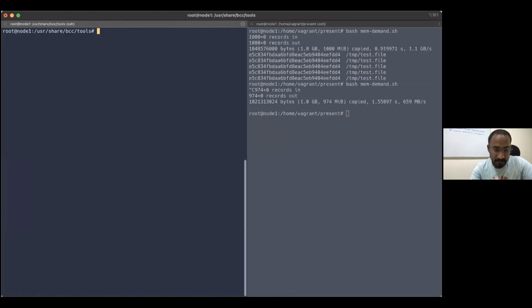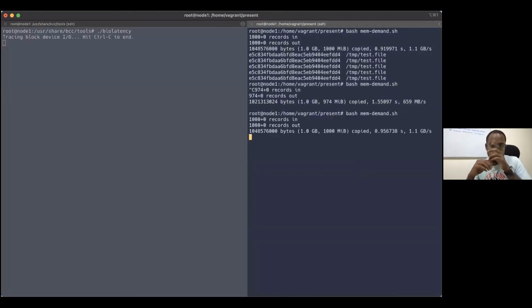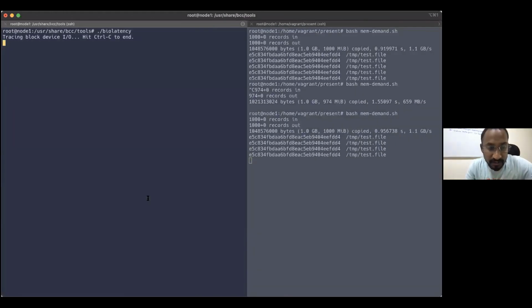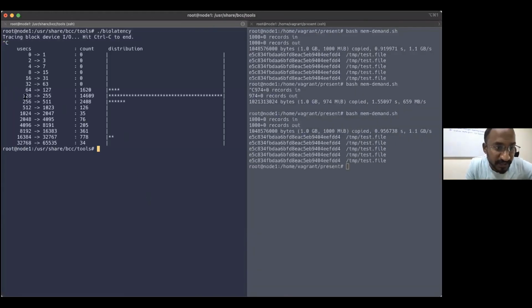Okay, and the next command is biolatency. So I'm going to show how much latency I'm seeing. I'm doing some read and write operations using the memdemand script. I created a file and I'm reading the file 5 times. So what I'm getting here is my latency is 128 to 255 microseconds.